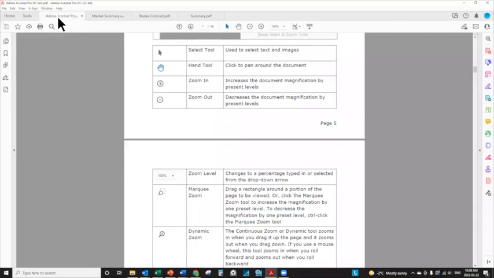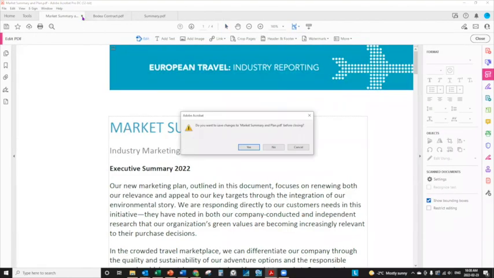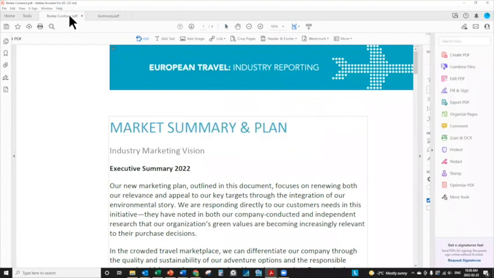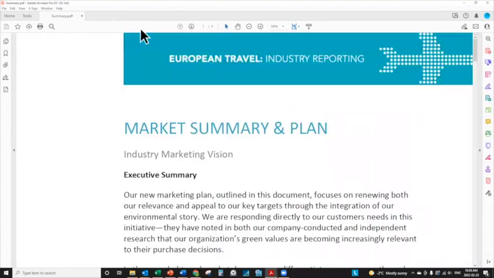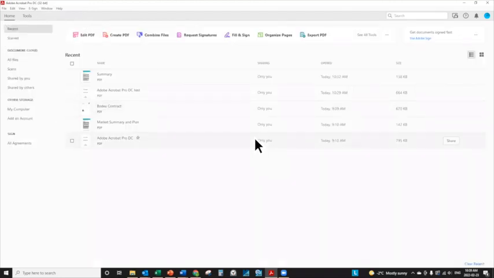I'll just go to my first document there. So now that I'm back in the documents, I'm actually just going to close these for now. I'm going to save anything I've done there. So I've closed all my files and now I'm just back at the home screen. I'm going to go to the Tools tab